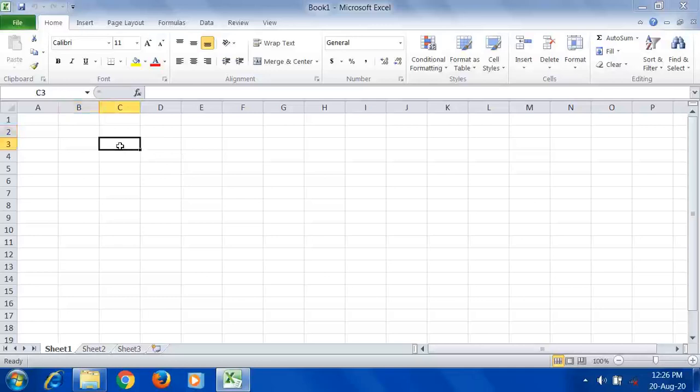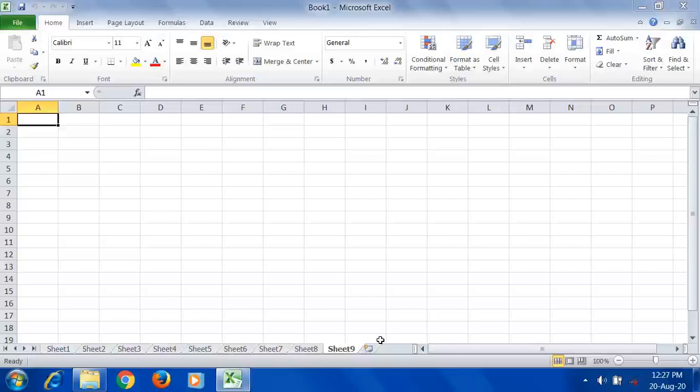By default, an Excel workbook displays 3 worksheets at the bottom. So when we open Microsoft Excel, by default 3 worksheets are displayed: Sheet 1, Sheet 2 and Sheet 3. We can add any number of sheets in a workbook according to the limit of memory available on the computer. When you click on this icon, the next sheet gets added. It depends upon your computer memory, so there is no limitation. If you have the memory, you can add n number of sheets in this workbook. So this is all about workbook and worksheet.